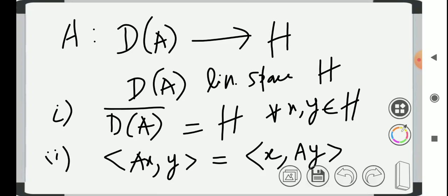These two properties define what we mean by a symmetric operator. A should also be linear, although it need not be bounded. Boundedness is not necessary. It should be a linear operator with these two conditions. If it is bounded, then we can extend it to the whole of Hilbert space H by the theorem which states that if we have a linear operator which is densely defined, then we can uniquely extend it to the whole space.